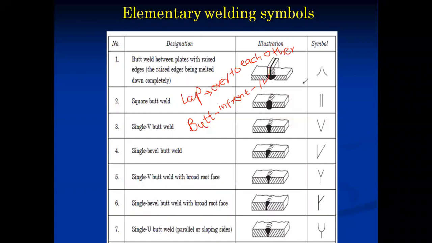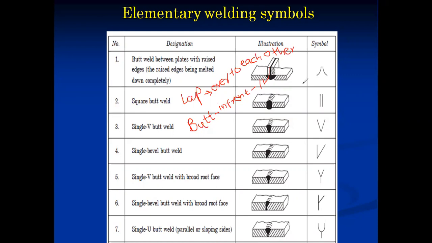Yes, sir, audible. What do you understand by lap? Lap welding, parts are kept, two parts, two plates, two components are kept. How are they kept in lap welding and how are they kept in butt welding? In lap welding, they are kept over each other, and in butt welding, in front of each other. Very good. That is the conclusion.